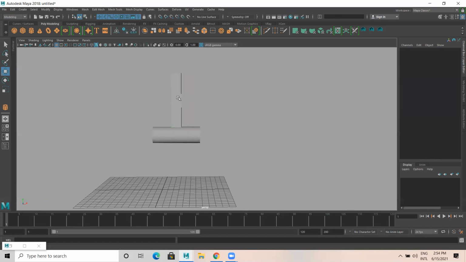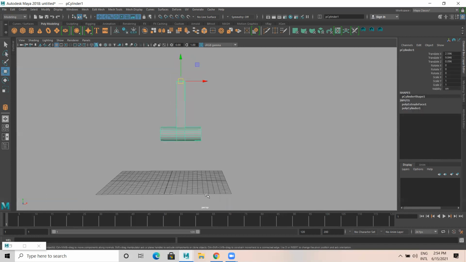So I just select it like this. So what I'll do, frame number 1 is here. Frame number 1, let me rotate this like this up to -60. And I set the key.